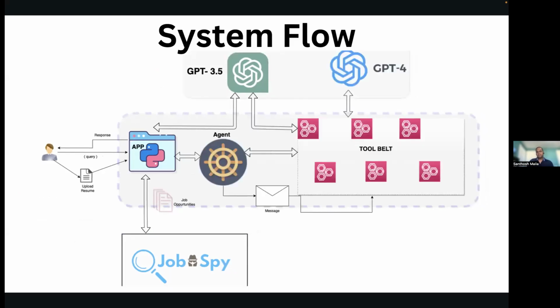And then comes the agent with a lot of tools. And then you can ask it to do the things you need, like modify the summary or find the missing skill set or rate my resume or anything. And